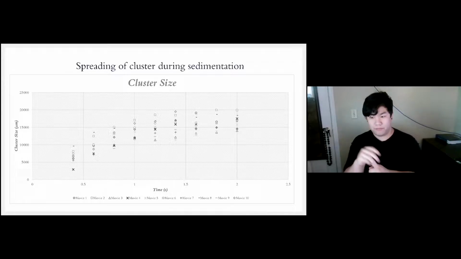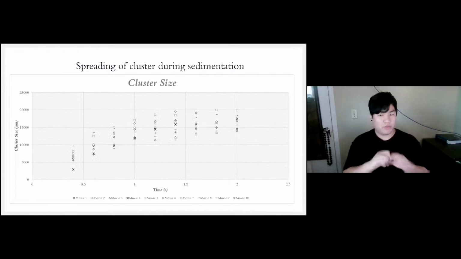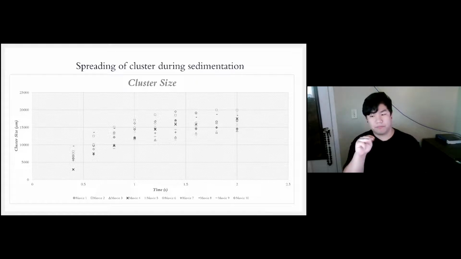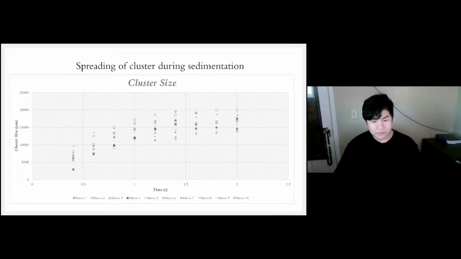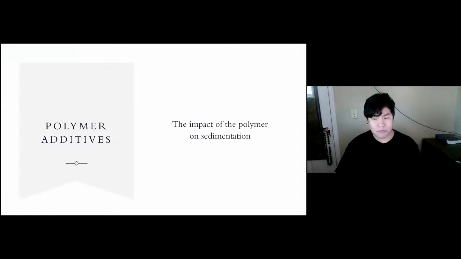All of them are roughly 3 millimeters to 10 millimeters at 0.4 seconds. And then the max was 22 millimeters at 1.4 seconds. So it showed that they did spread out more because of the cylinder size, or the chamber size.